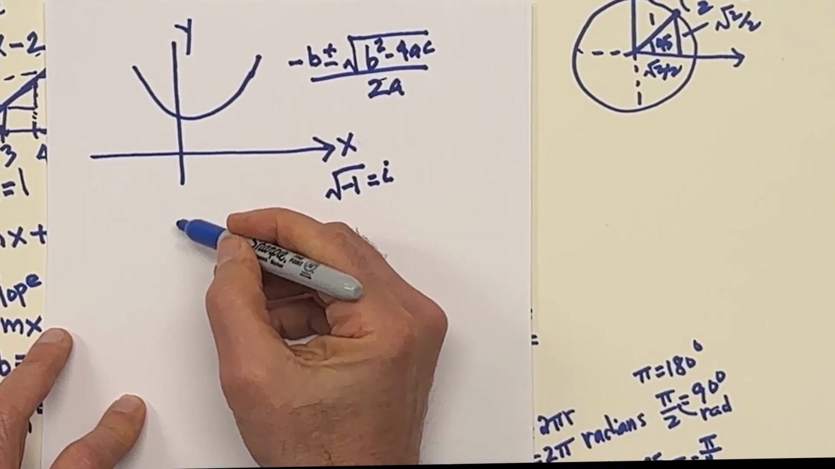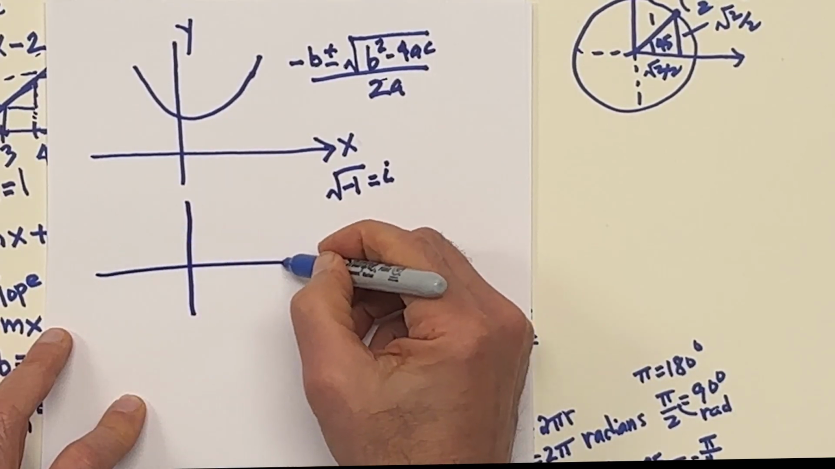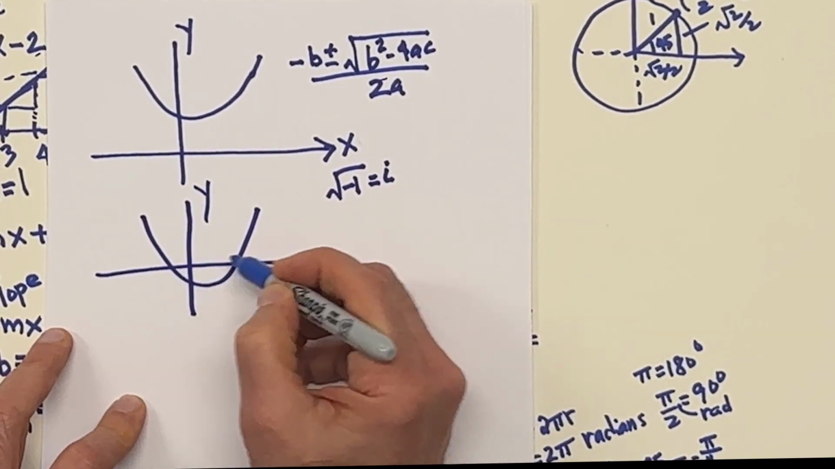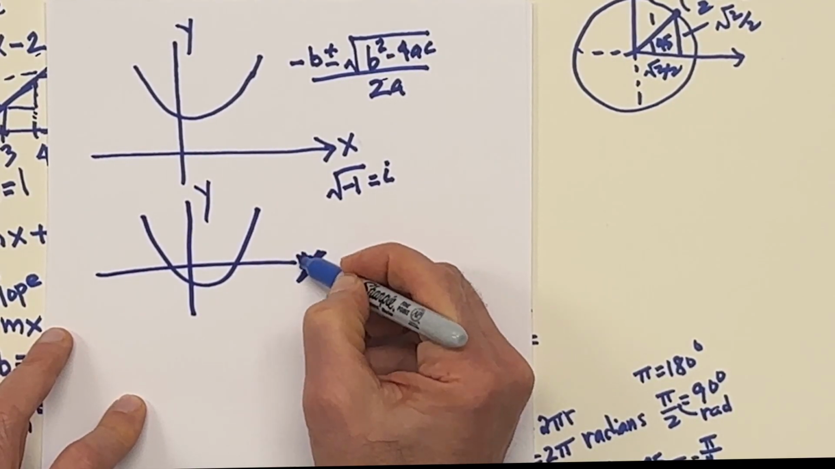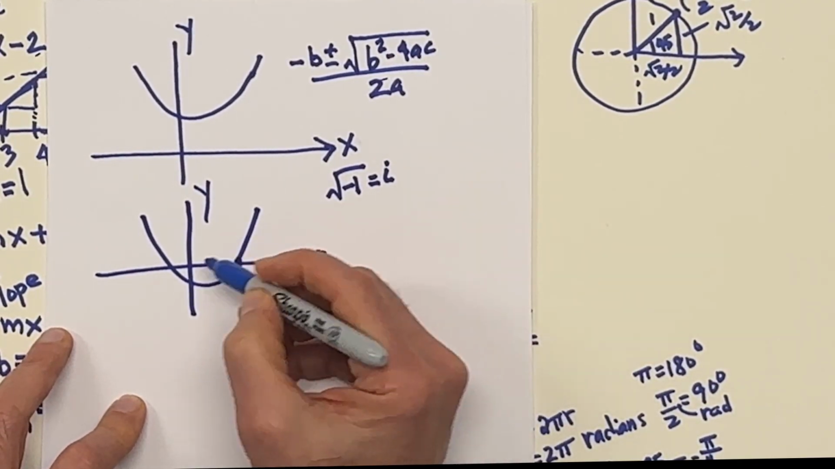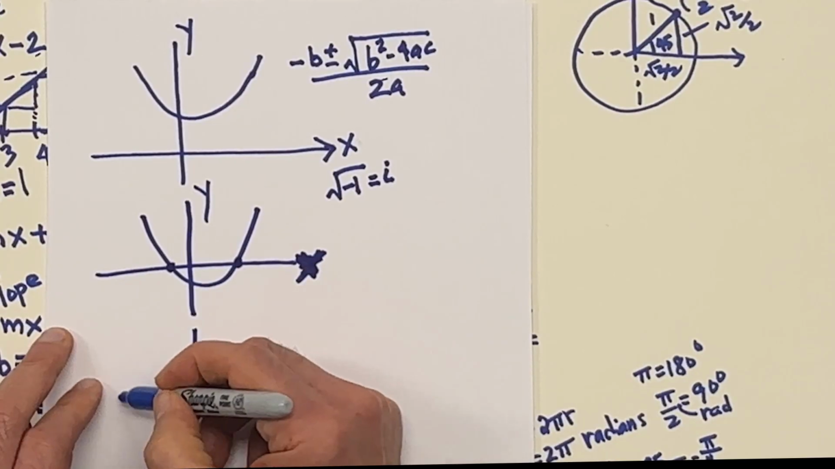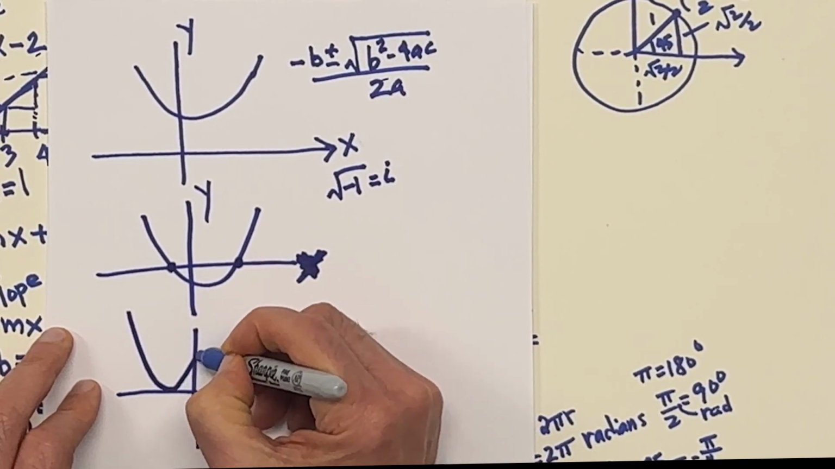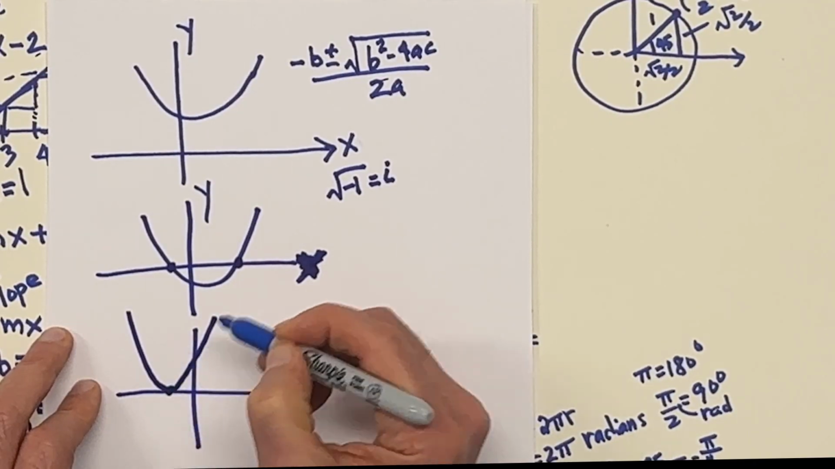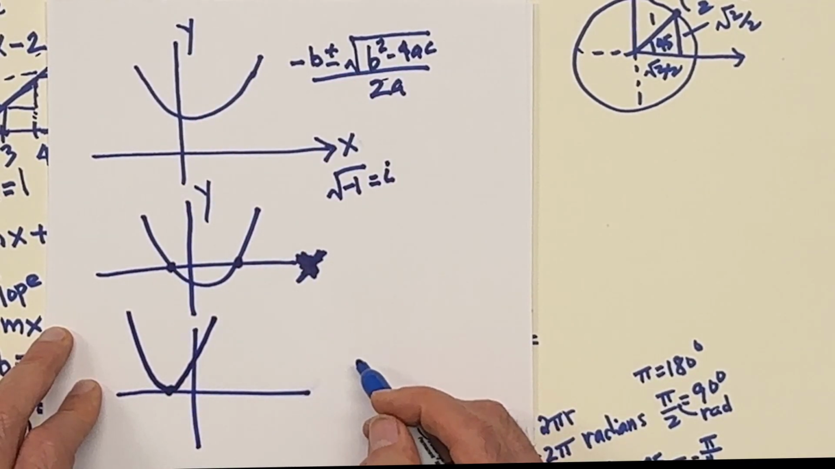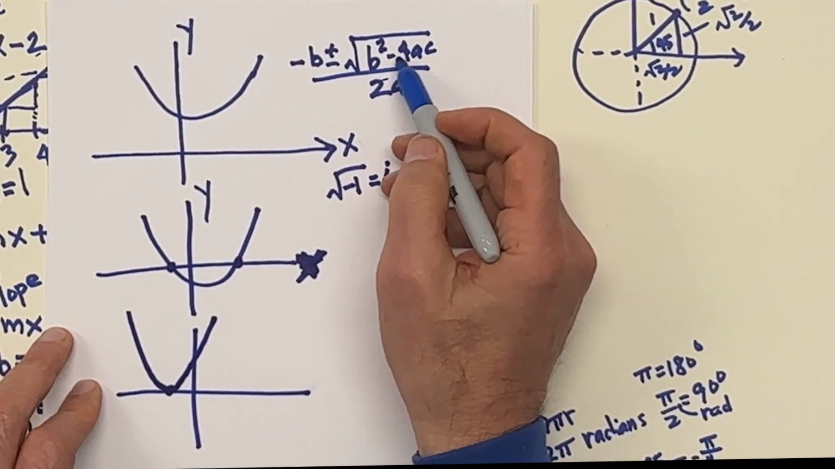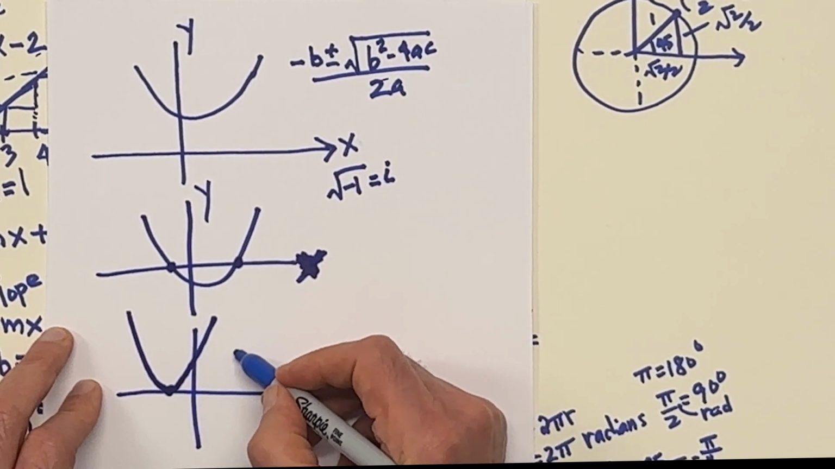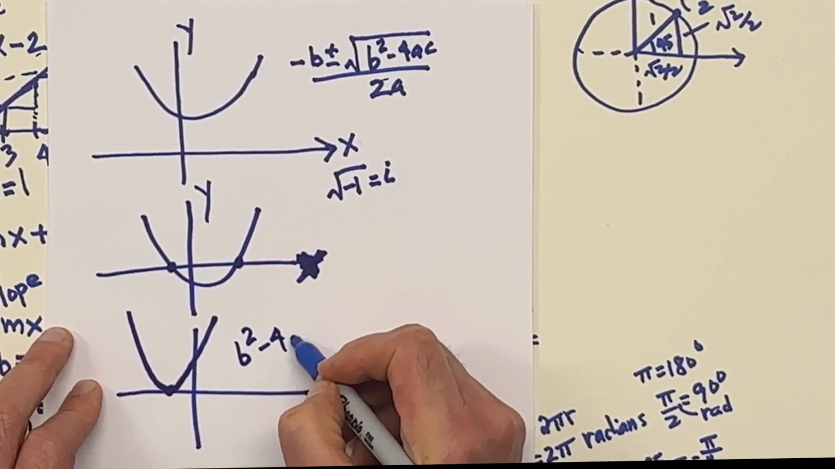So you basically have three cases. You have the two solution case, where you have a point here and a point there. And you then have the one solution case where you just touch like this. And then you have the no solution case. Isn't that neat? And this square root will either be 0, in this case, b squared minus 4ac is